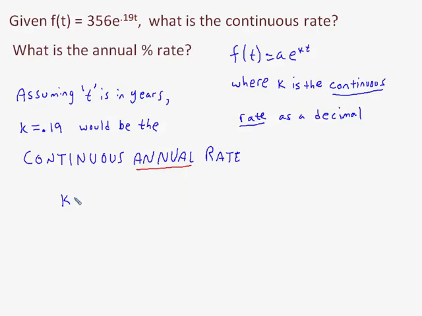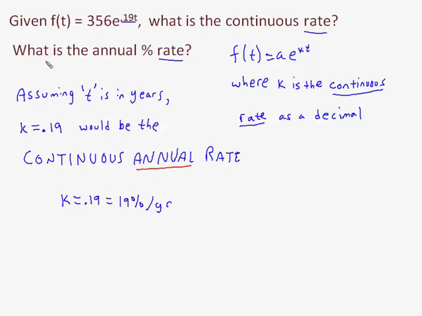So if you converted k equals 0.19 from a decimal to a percentage by moving the decimal over twice, k would be 19%, and then to make it a rate, you would have to write per year, or you could just say it's the continuous annual rate, and the word annual would imply per year. So the continuous annual rate is pretty easy. You look at your k value, you make no changes except to move the decimal over twice. If it's positive, which this is, you'd have 19% per year as your continuous rate. If it were negative, then your continuous annual rate would simply be negative 19%.